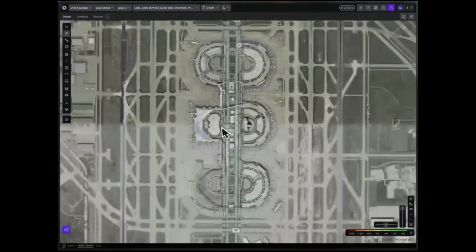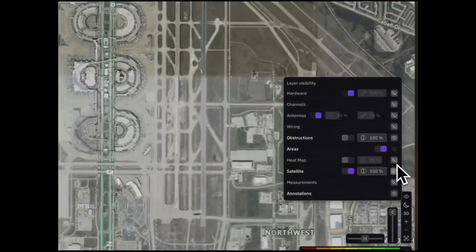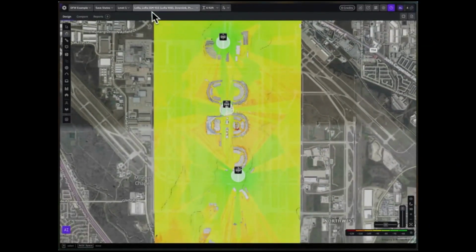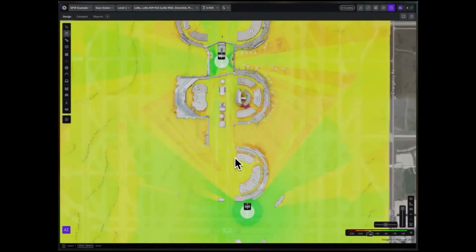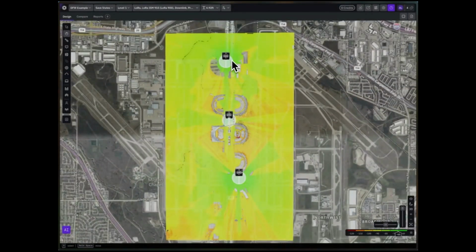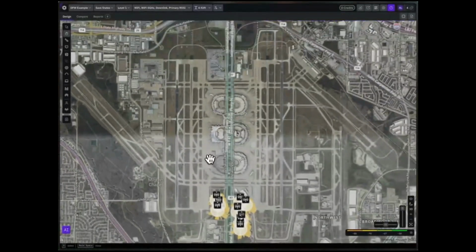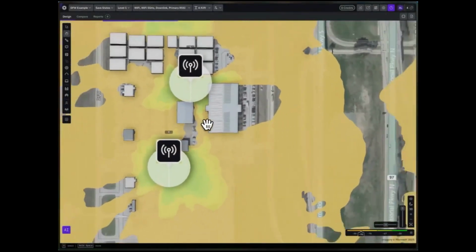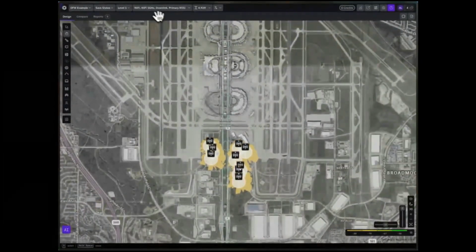So here is an example. We start with the LoRa network that we have for different sensors. They're at 900 megahertz, so they could go very deep into the environment. They could be placed, and then you could find the heat maps right away and see how my LoRa coverage is there. From there, I have a parking lot and a Wi-Fi network, and I want to see what's the performance of my Wi-Fi in that parking lot. So I place my Wi-Fi radios. I see the performance there. I see what the areas are. I'm at the edge, and I'm good.